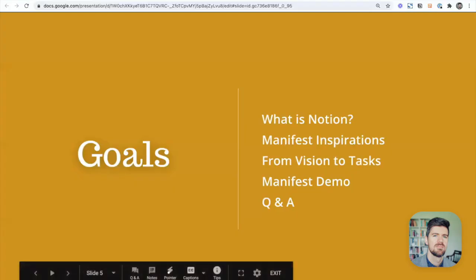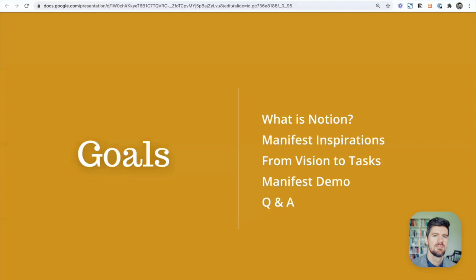Okay, so quick goals for today. The main things we want to focus on are the inspirations of Manifest, kind of like background on it. I released it about 2 weeks ago on Gumroad, and we're at over 600 downloads, which is kind of crazy, but I thought it would be good to go through the inspiration for it.